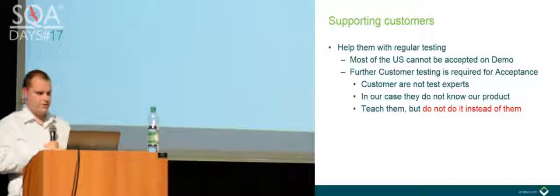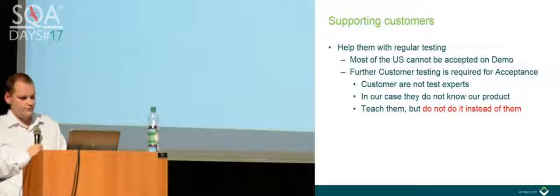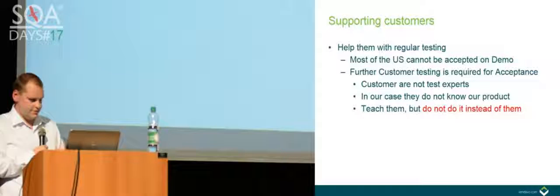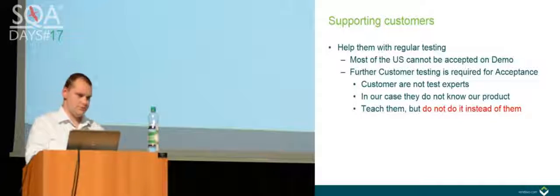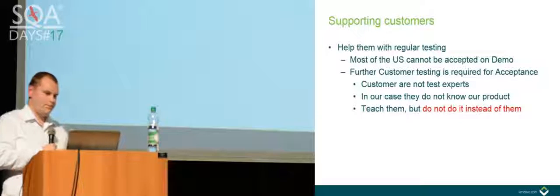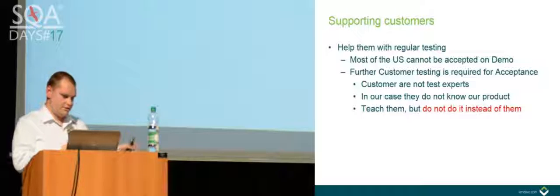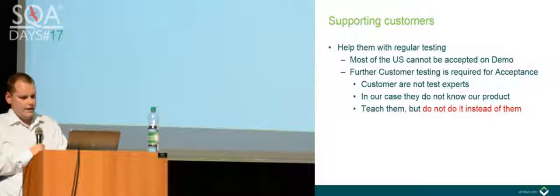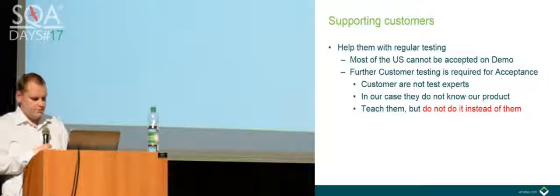And we would like to have regular acceptance after each sprint from the customer. So basically their test team or some business people, and it's better to have business people because you would like to achieve acceptance from a business point of view, they are one sprint behind us. It means we delivered the code and now they need to accept it,